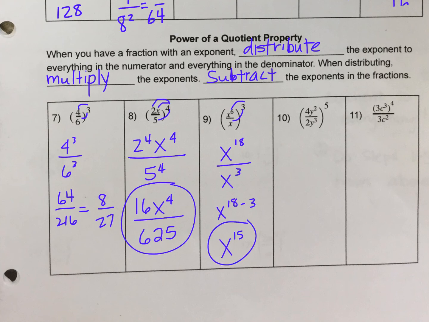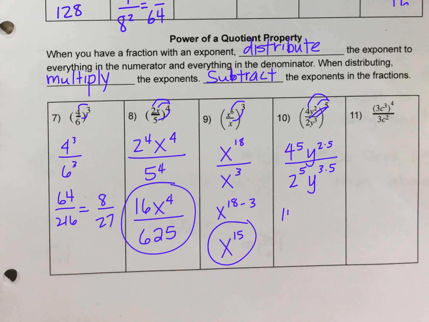All right, so who gets a turn in number 10? Everybody gets a turn. The 4 gets a turn, the 2 gets a turn, the 2 gets a turn, and the 3 gets a turn. 4 to the 5th, y. I'm going to multiply 2 times 5. On the top, I get 2 to the 5th, on the bottom, y, 3 times 5. So 4 to the 5th,